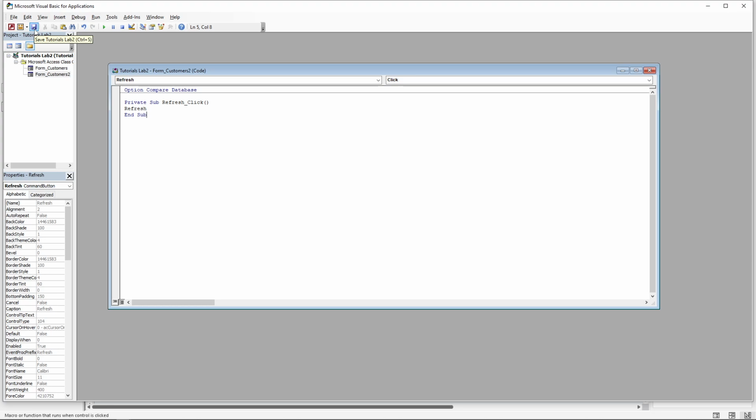And that's it. You've successfully created a working refresh button in Microsoft Access that will update your form data whenever you need it. This simple addition can save you a lot of time when working with dynamic